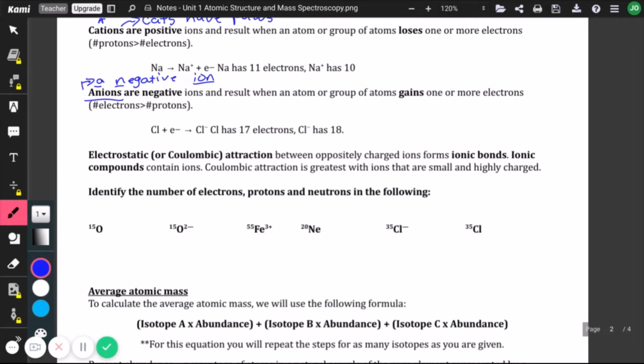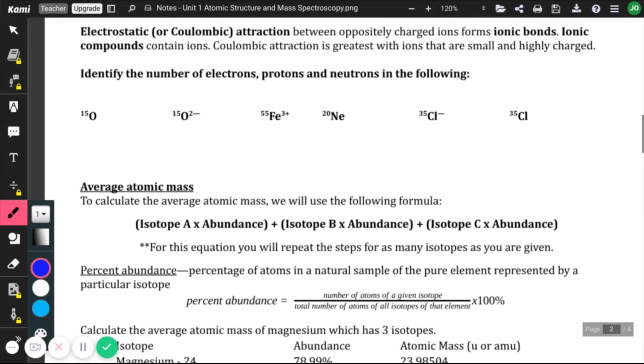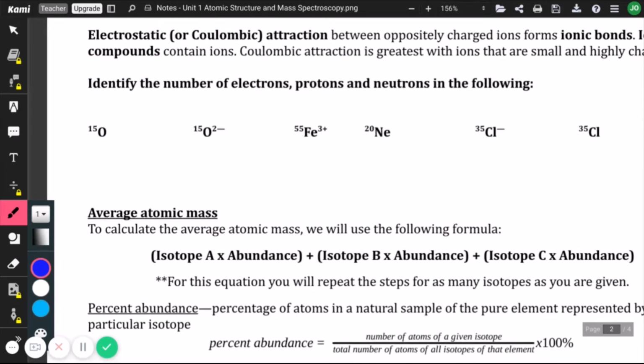But I did want to bring that up. When you've got those ions that form, we can start to form these electrostatic or Coulombic attractions between atoms. Okay? Now, what I want y'all to do is to, again, pause the video, go through and identify the number